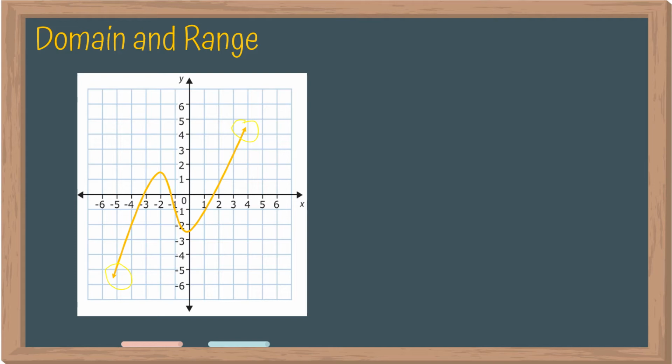Since we don't see any restriction for this one, and we can see that it extends in both directions, going to negative infinity and positive infinity for x, as well as negative infinity and positive infinity for y,